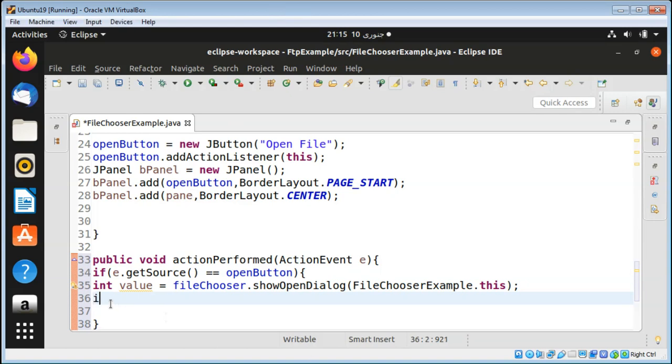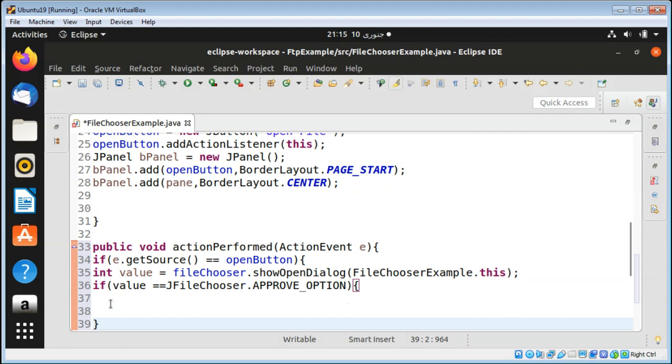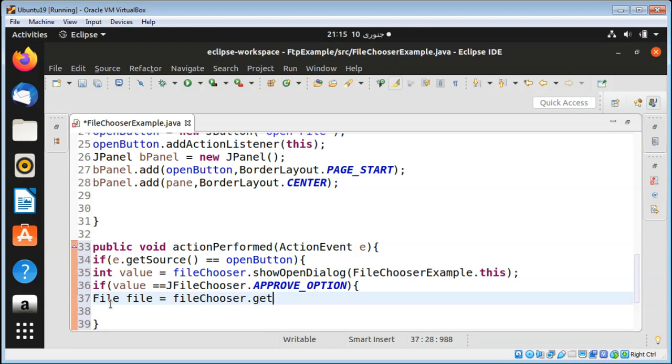and now we are going to check if value is JFileChooser.APPROVE_OPTION, then we will get the file by calling the fileChooser method getSelectedFile,